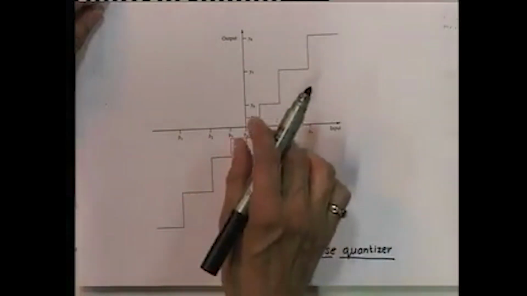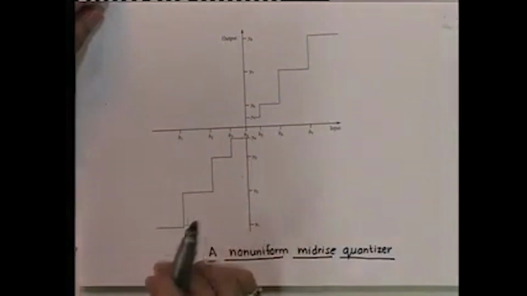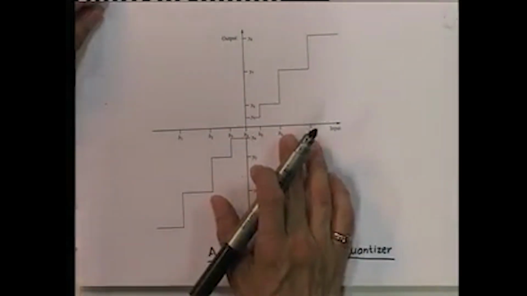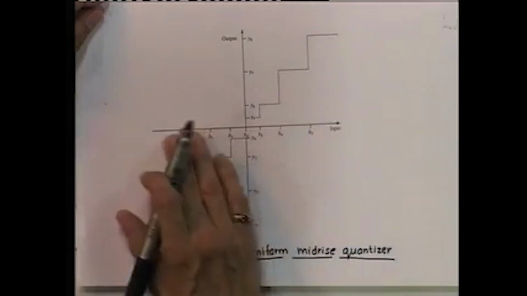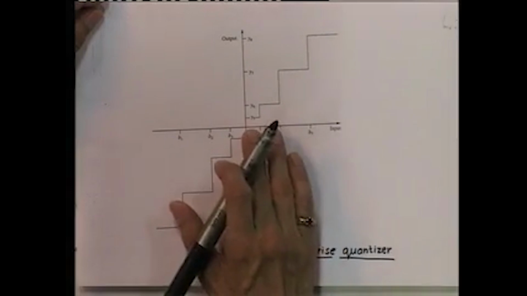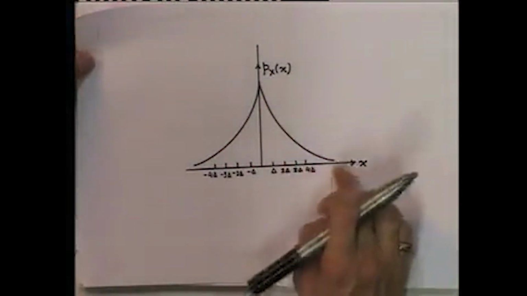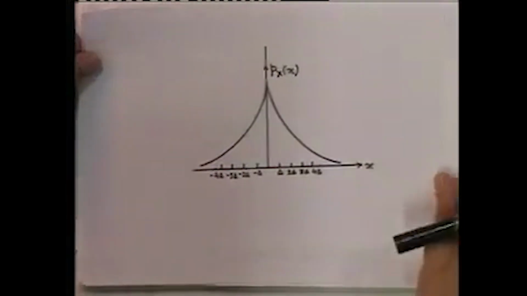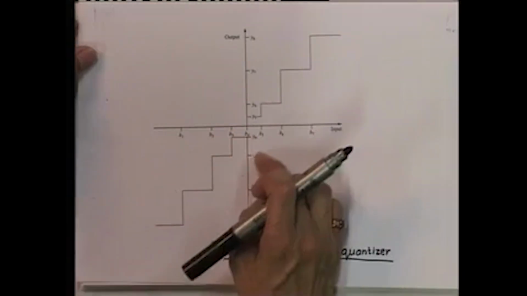Now, we pay for this improvement in accuracy at lower input levels by incurring larger errors when the input falls in the outer intervals. Since the probability of getting smaller input values is much higher than getting larger signal values, on the average the distortion will be lower than if we had